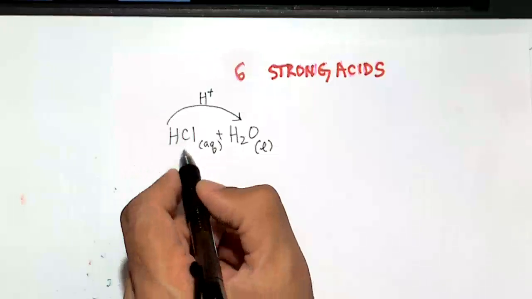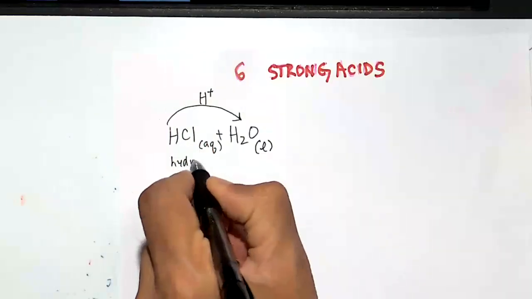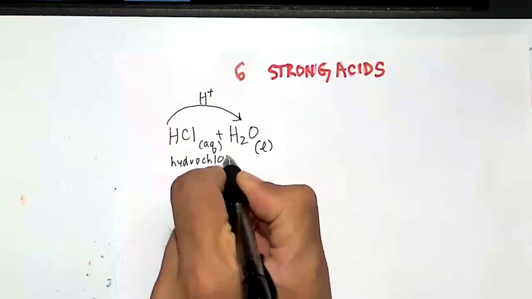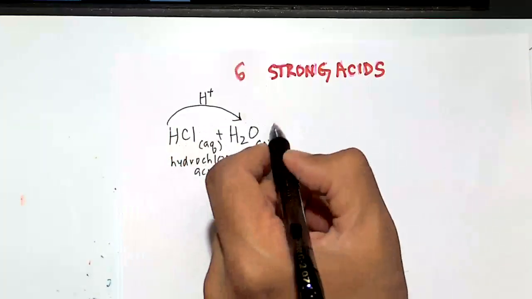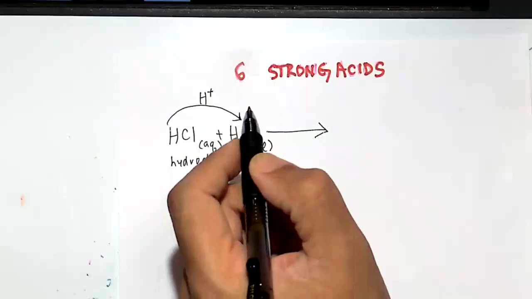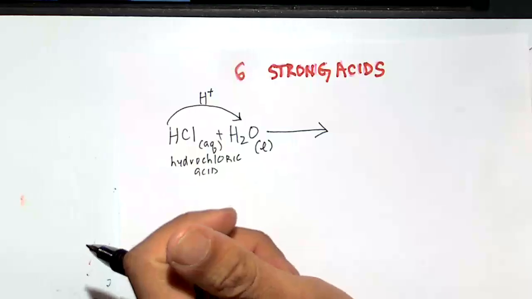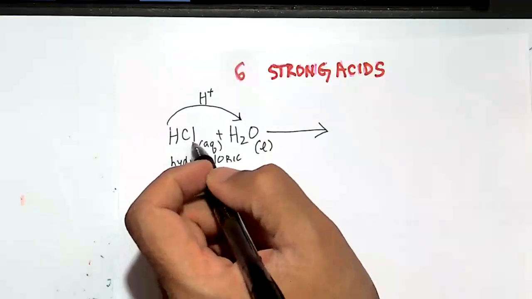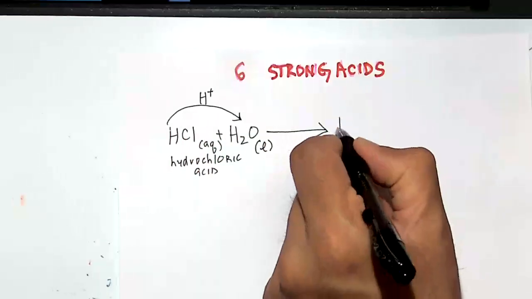HCl is hydrochloric acid. Acids donate a proton. Okay, and check out my arrow. This is the most important thing I want you guys to know. What is it about my arrow here? It only goes one way. Very good. So this HCl donates a proton, and it gives us